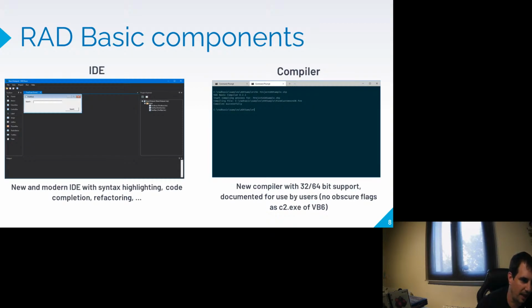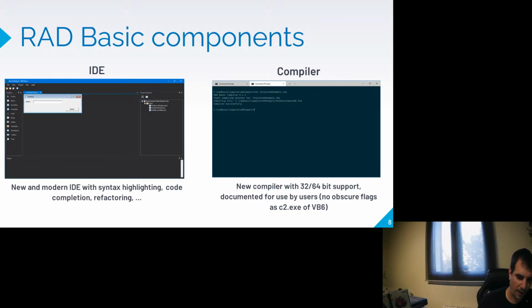It is an update of the Visual Basic 6 IDE, but maintains what made Visual Basic 6 great, as a RAD environment. You can draw the controls, move, resize, etc. And the most important part, the compiler.